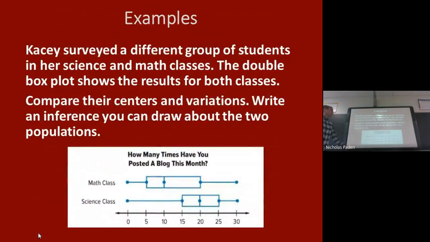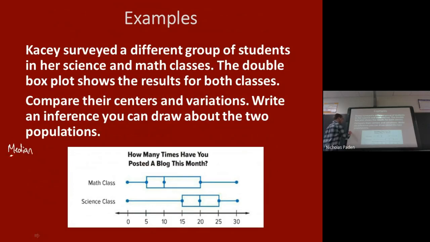So it shows us a double box plot there. It says Casey surveyed a different group of students in her science and math classes. And this double box plot shows the results. And notice the question that she asked is listed up here at the top. How many times have you posted a blog this month? We're going to compare their centers and variations and then write an inference that we can draw. So the first thing we'll do is compare the centers. So the median